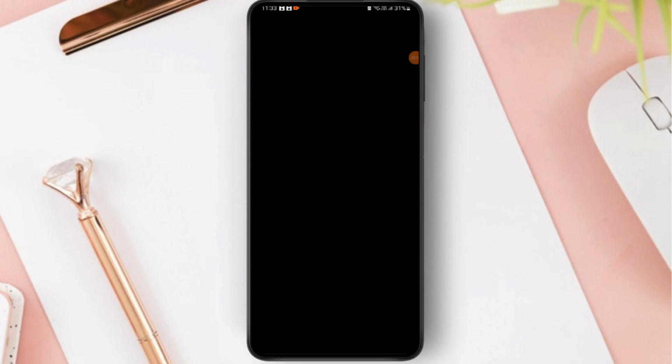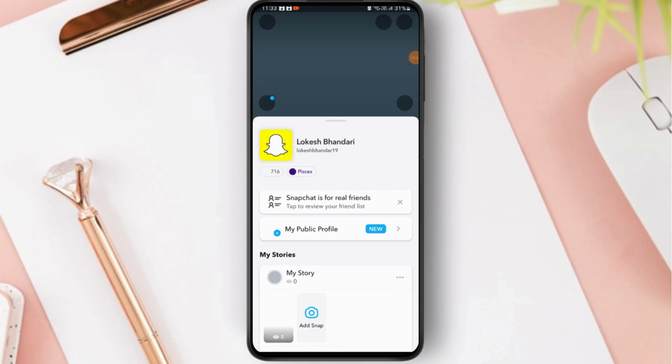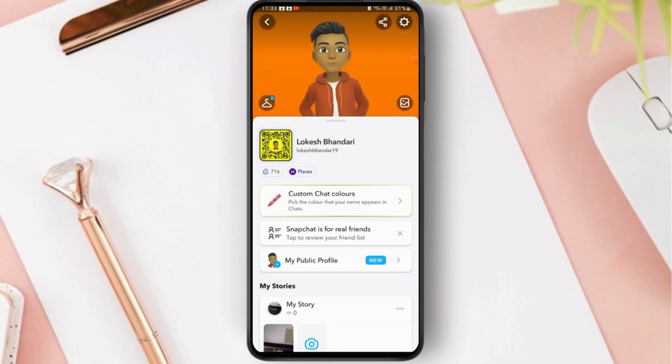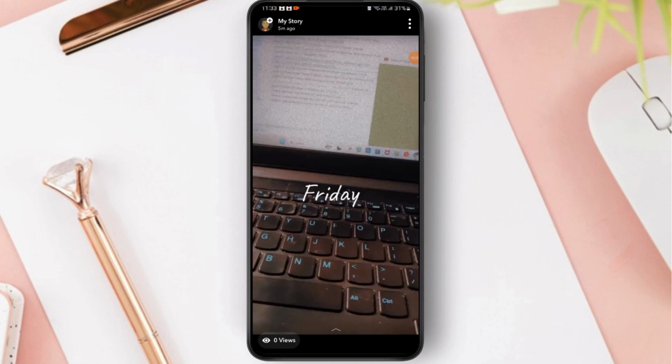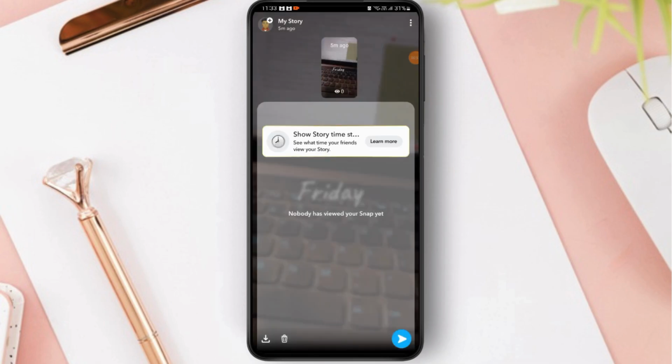Simply tap on that. Once you go to your story, you go to the profile section and go to your story. Simply tap on story, and here, on the bottom left corner, you can see the view icon, the icon of an eye. Simply tap on that. Once you tap on that, here you can view the poll results